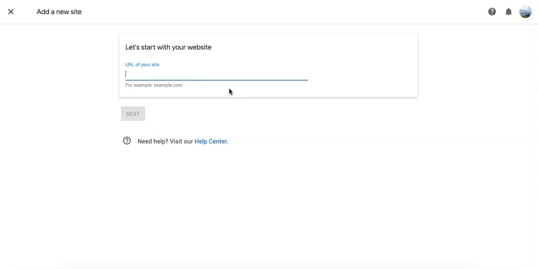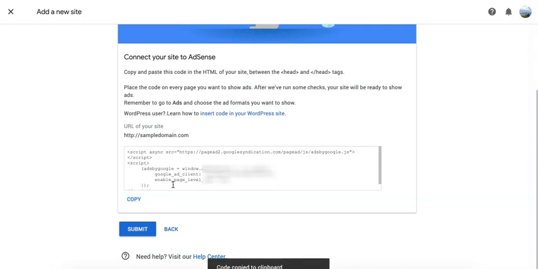Here, you just input the URL for your site. So let's say, for example, sampledomain.com. Then double check to make sure there is no typos or any errors in the spelling. Then click Next. The next thing you need to do is to copy this code between the head, the opening